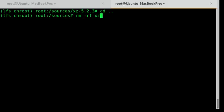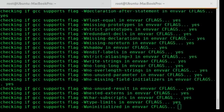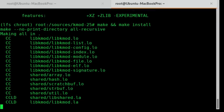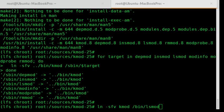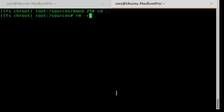Yeah, man. Let's see. And now we move on to Kmod. This is the kernel modules that we're working on here. Just the package for them, that is. Alright. And gettext. And if anyone has any questions about this stuff, feel free to ask. And I gotta paste that. Okay, so now we're moving, and basically what that symlink there did, guys, was it changed Kmod to lsmod. So essentially it linked it to it. So gettext,